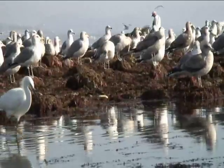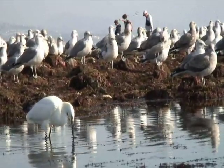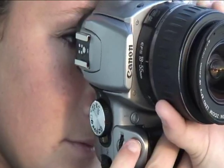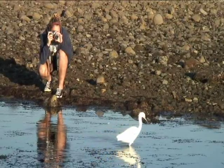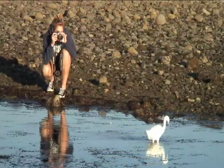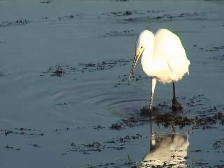If you ever find yourself in Southern California with nothing to do, head down to Doheny State Beach in Dana Point. We are at Doheny at the tide pools, just looking for sea life because it's really low tide. I brought my camera because there's a lot of birds here feeding on the tide pools, and there's a large amount of them actually. So they're fun to take pictures of, especially the ones that fish for stuff in the